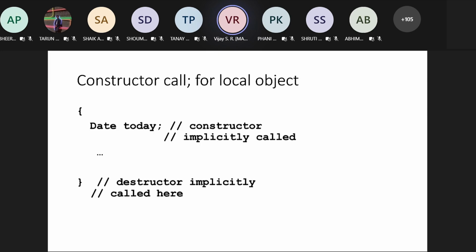Clear? Okay. So constructor call for a local object. You have a class called Date and you created Date today. Then the constructor will be called implicitly. And the moment you come out of the scope, that is, the moment you come out of these curly braces, the destructor will be called.